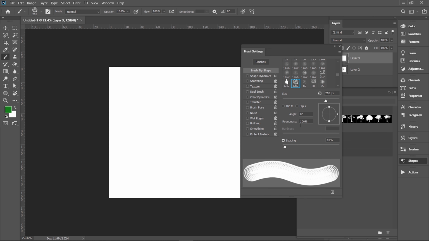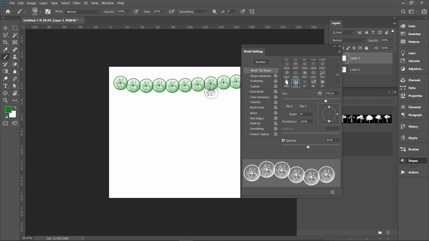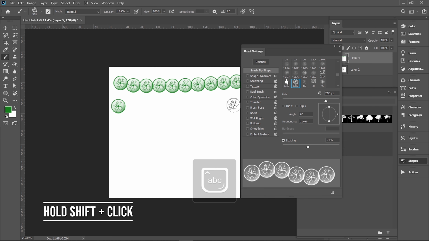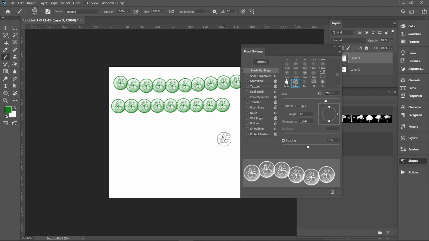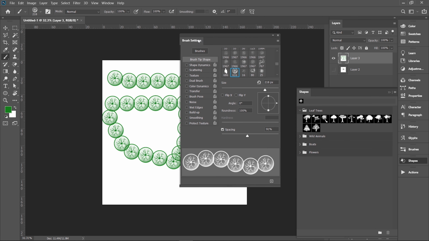You can increase the spacing between adjacent brush strokes by moving this slider in brush settings. It makes it easier to make a row of trees. You can make multiple strokes by just one click. Remember the shortcut. Just make the first brush stroke, hold the Shift key and then click anywhere on the canvas to make a row in that direction. I repeat, to make continuous strokes in a line, make the first stroke, hold Shift and then click on the other end.